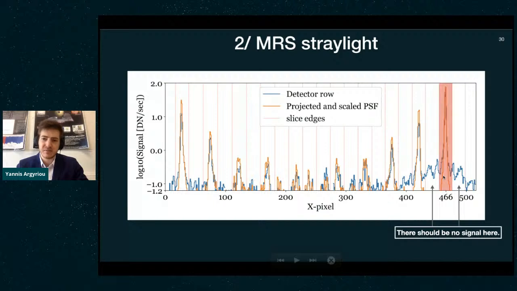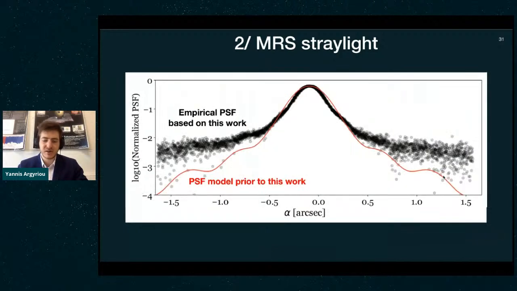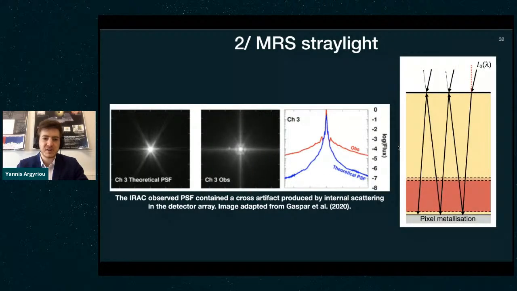And if I were to do the same trick as I did before and plot just the central peak, you can see in this plot as a function of position in the sky and the normalized PSF that for the empirical data, the wings have much more power than expected. This is actually something that has been observed before, and specifically it applies to the Spitzer Space Telescope